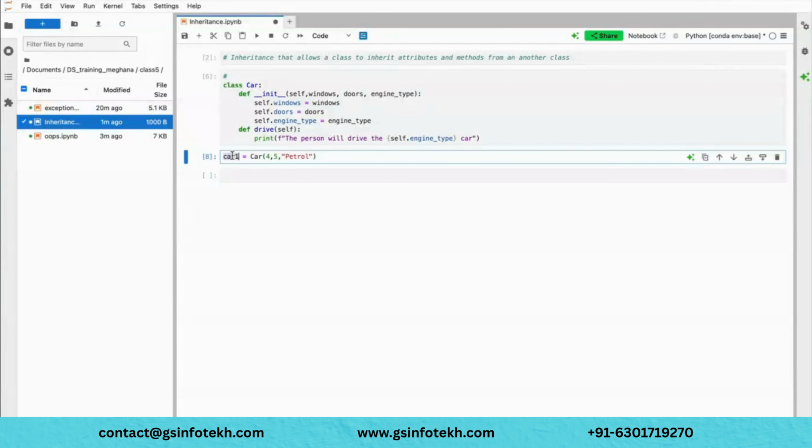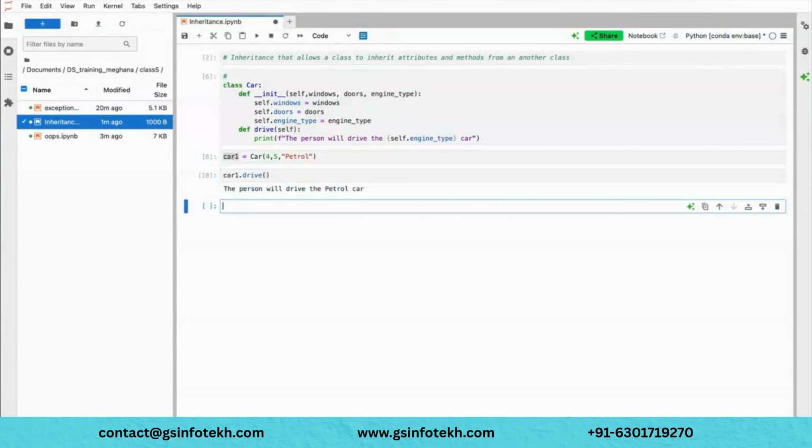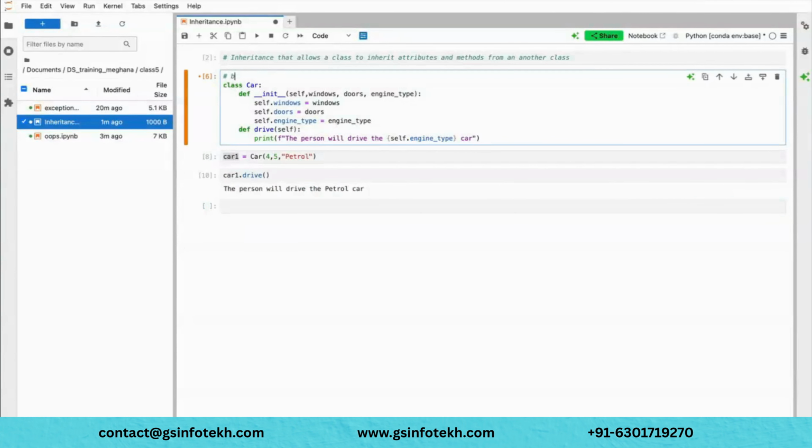And then let's see if I am calling this drive. Yeah, so I made it. So now let's say this is a base class, right? This should work for any kind of engine type. Let's say maybe I'm doing a self-driving car or some other car. I can easily use some of the parameters here, right? So maybe these windows, these doors. These are all default parameters every car will have, right?